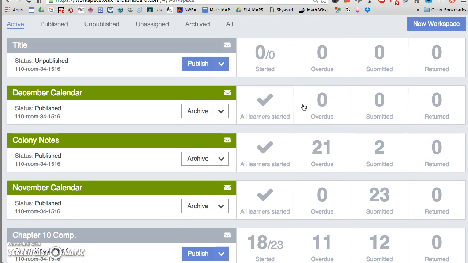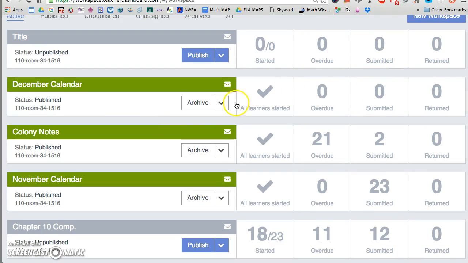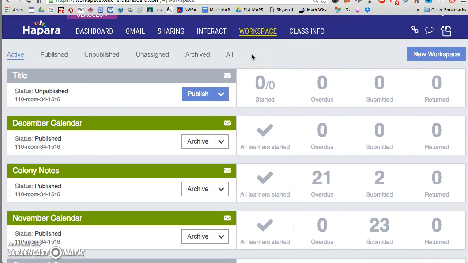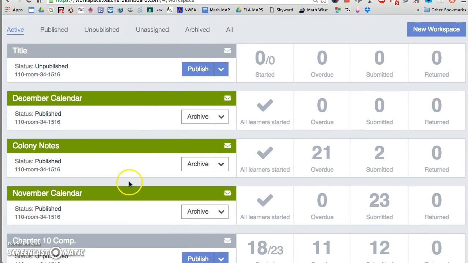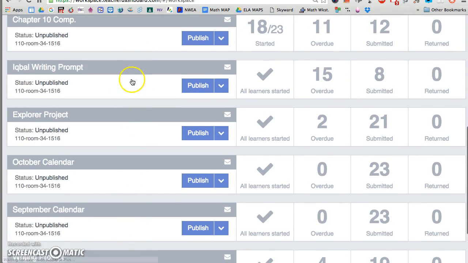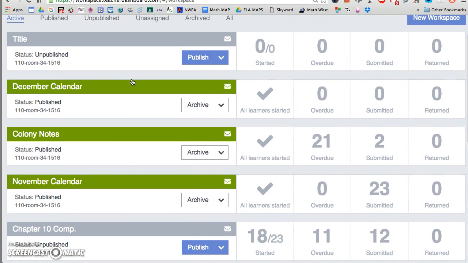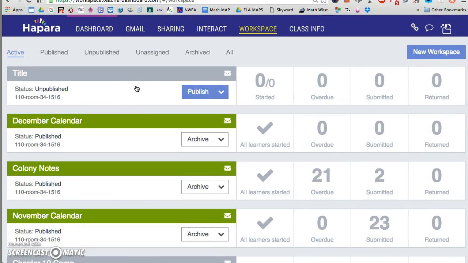That's one of the reasons I really enjoy using Workspace, because it's all right here. It's similar to Google Classroom, but I find it nice to have everything in one place. It's also easy for kids to navigate, because as I unpublish these or pull them back, they disappear from the student view, so things don't get buried as easily. I felt like on Google Classroom things got buried all the time for students, and this has worked better so far. But yeah,